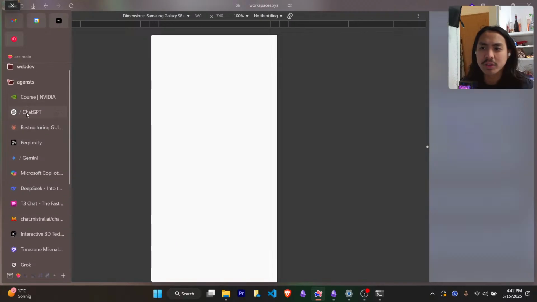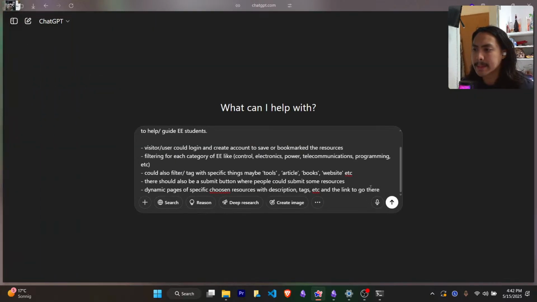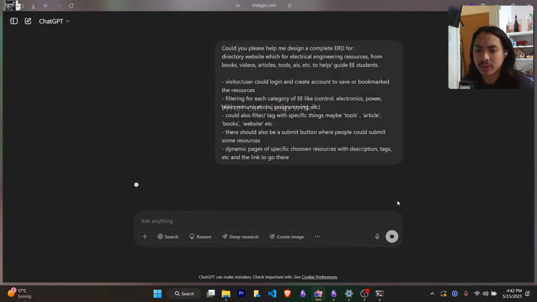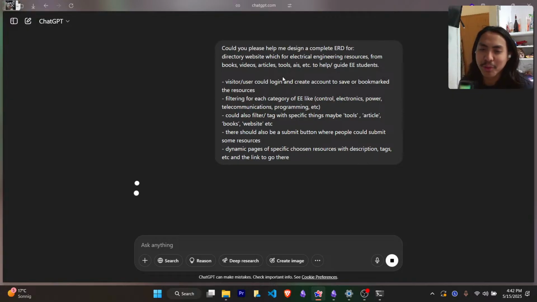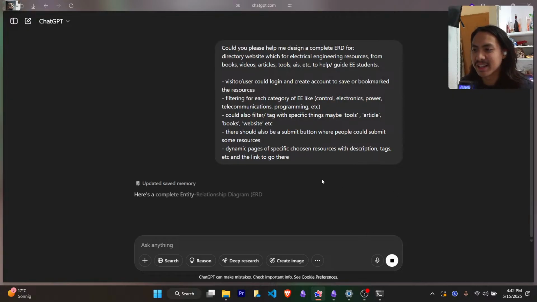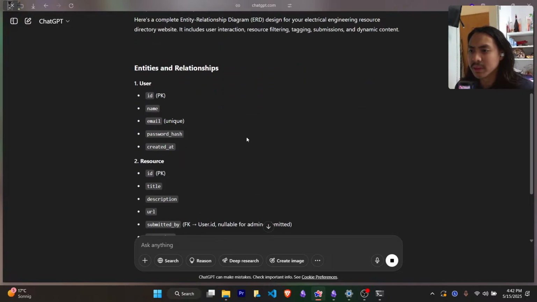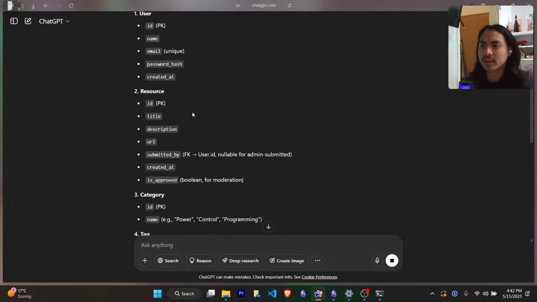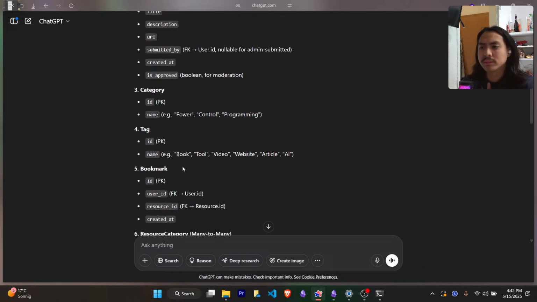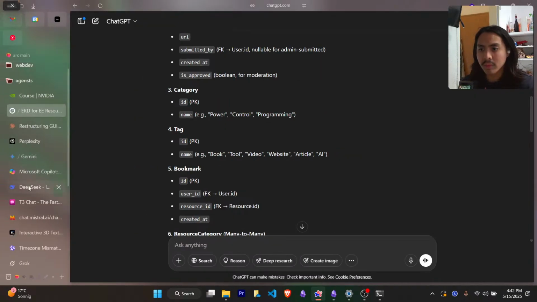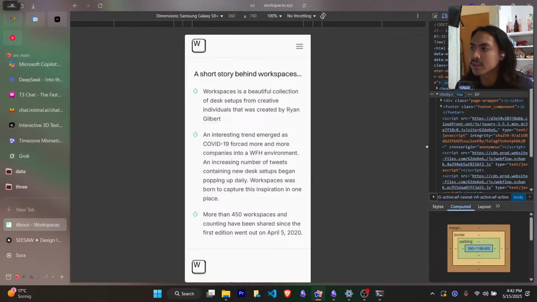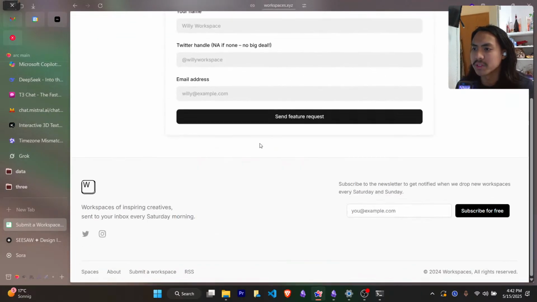Maybe this first. Let's see what ChatGPT came up with. Yeah, sorry, the prompt is not very optimized. Do you have any recommendation? URL, name, email, password, created at. Okay. ID, title, description, URL, submitted, created at. No, but for the submit, I think I want to edit it manually because